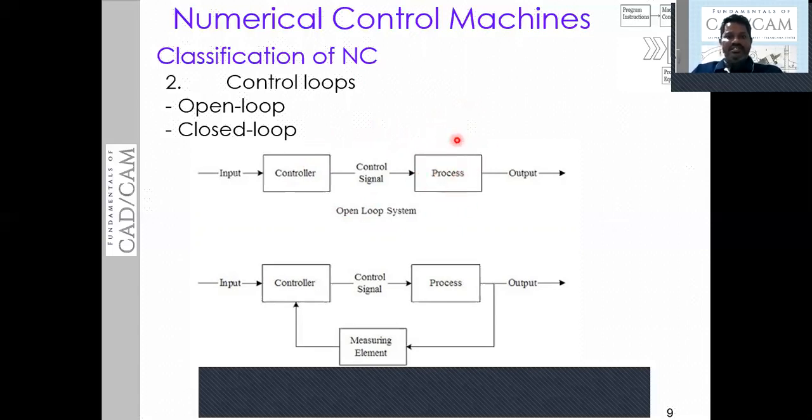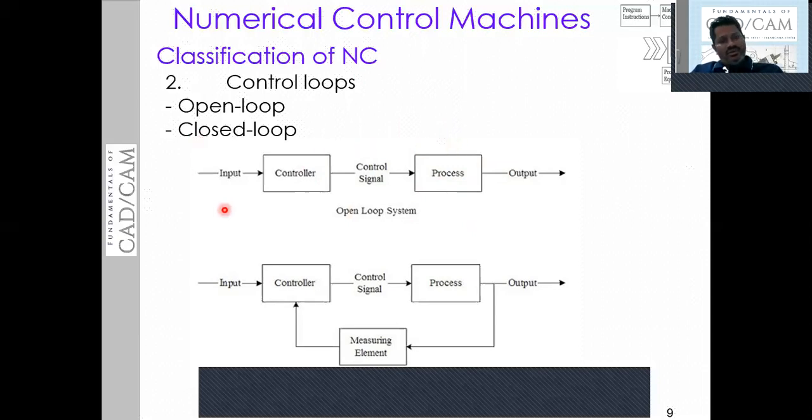This processing machine is not going to receive any feedback signal from the controller in the case of an open loop. So this is more prone to errors. If it is an open loop, once you feed the program wrong, once you make any mistake, we will also get the erroneous work.